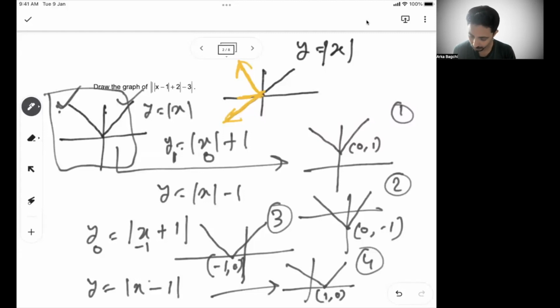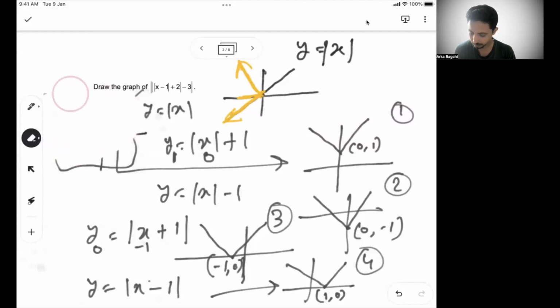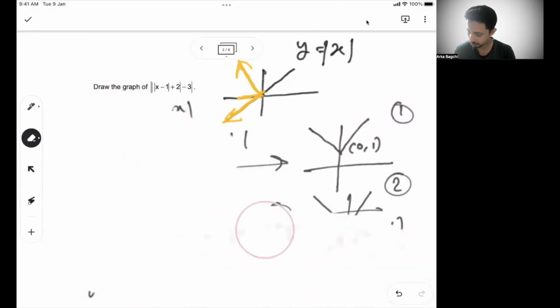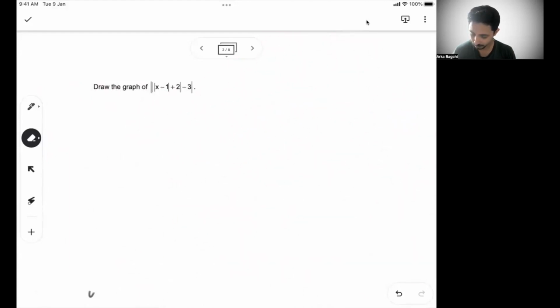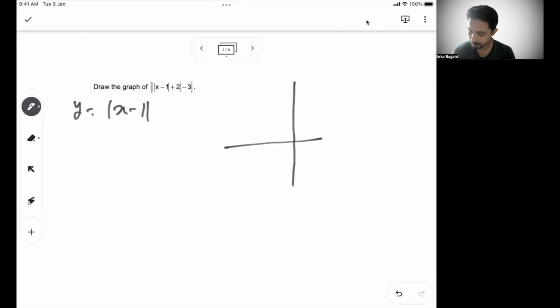So then let me just delete all this. Okay. Now coming back to this problem. So we first have, let's say, y equal to mod x minus 1. Let's go step by step. Mod x minus 1. So can I say this graph, mod of x minus 1, I know, that means this is to be shifted to the right. This is the graph where it is 1, 0. Basically, in this equation, if I put x equal to 1, y becomes 0. So this is the one.